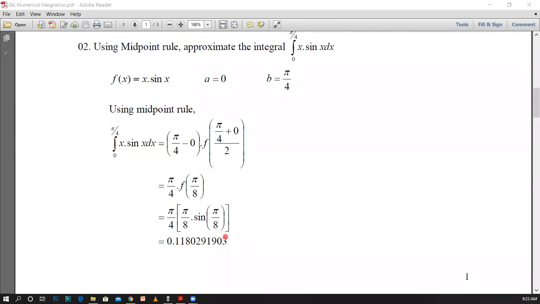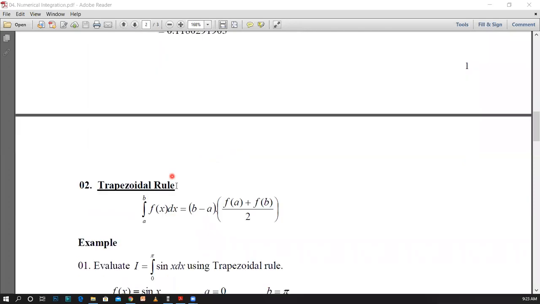And the next thing is the trapezoidal rule. In the trapezoidal rule, it is quite like this. Now think about the application of the integral. What we are going to do is identify the area. Therefore, if you are going to identify the area for the function f(x) in the range of a to b, this is the area you may identify. And this is one method you can use. You can divide this region into n number of very small parts.